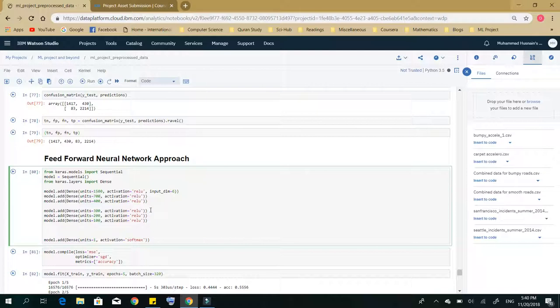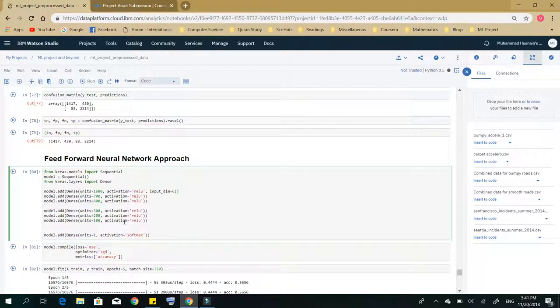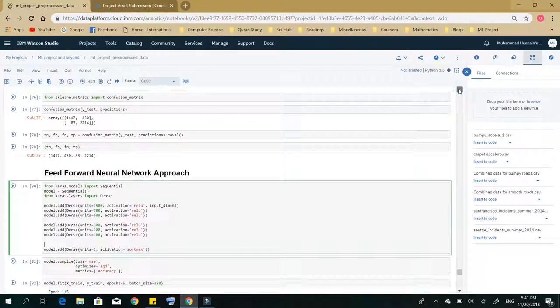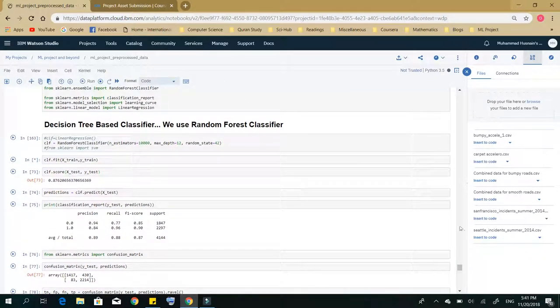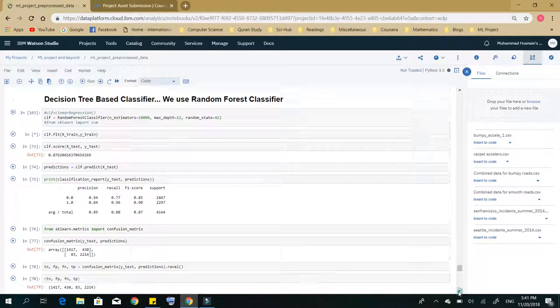Let's say 700, 600, and 3 to 1. The output here is 1 because we have a binary classifier, so one neuron is sufficient, and we use the ReLU activation in all of our hidden layers, and the softmax function for our output layer. You can see the data is still being modeled,